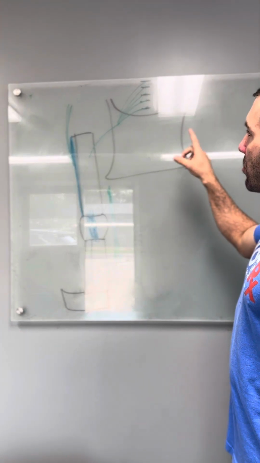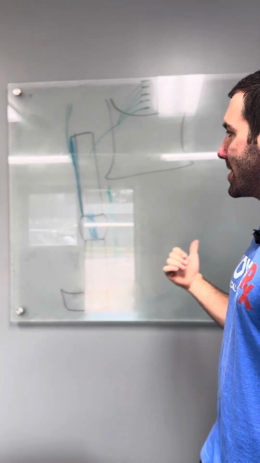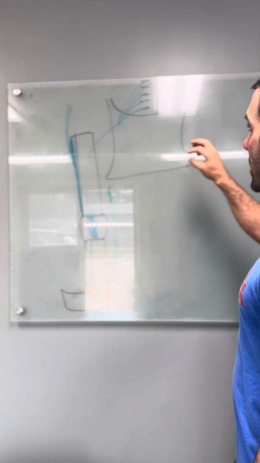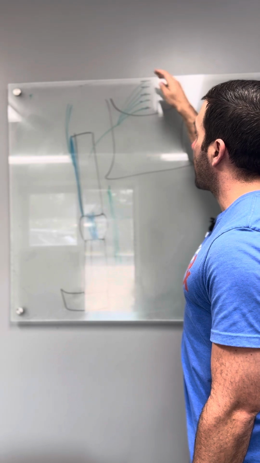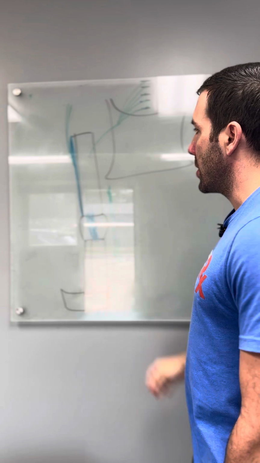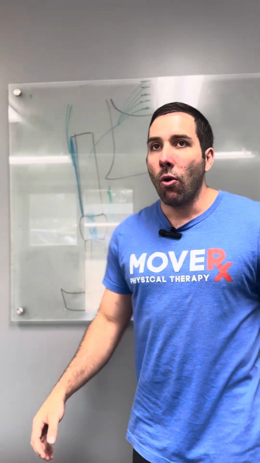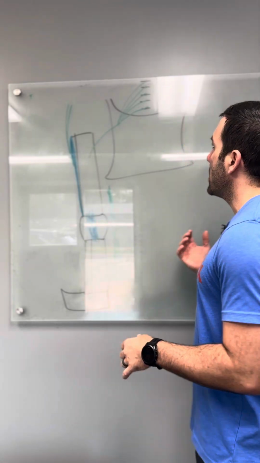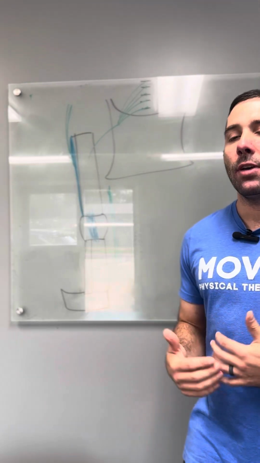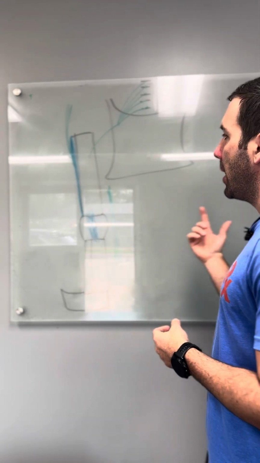We have anything in black is bone, anything in green is muscle, anything in blue is a tendon. Okay, so we're looking at our muscles here. We have our hip flexor here, which starts at the front of all five of our lumbar vertebrae, comes together and makes one muscle and goes to the hip. So it can flex your hip, obviously, or it can extend your back. If there's weakness there, if it constantly feels tight, typically we have weakness there. And that can cause both low back pain and hip and knee pain.